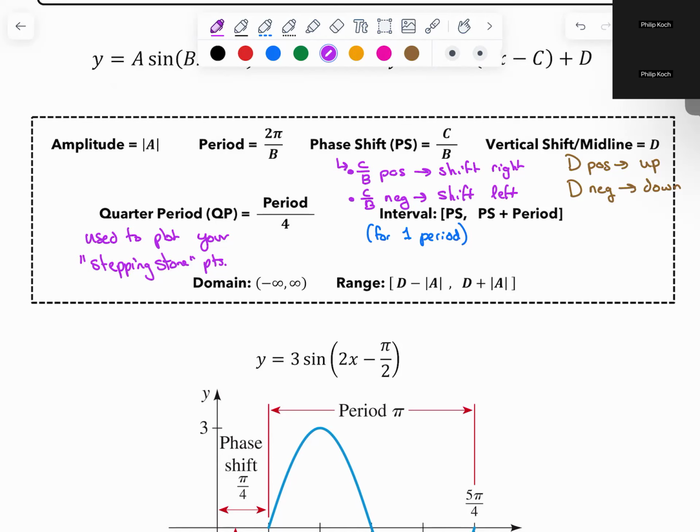Any questions so far? Yes, Eli. I didn't get... You didn't get that. Absolutely, that's fine. Let me ask a follow-up question. Is it why is the period 2 pi over b? Why is the phase shift c over b? Is it those types of questions? No. I don't know. It's a lot to take in. There's a lot here. So we're going to take time to explain each one of these things because this is the mind-blowing part.